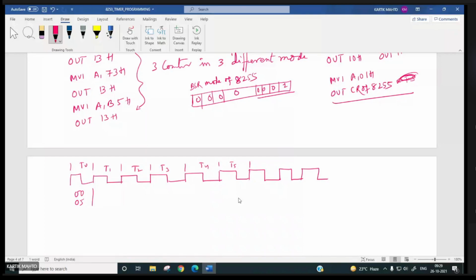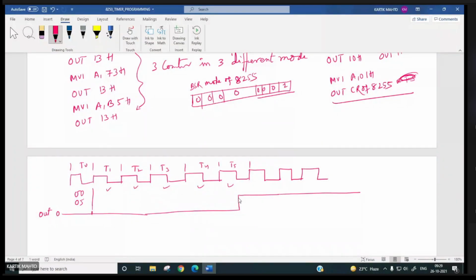Since gate is already tied to VCC, initially counter 0 output will be 0. Out 0 will be this, and it will count 1, 2, 3, 4, 5, and then it will become plus 5 volt.